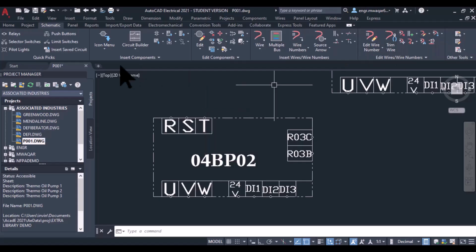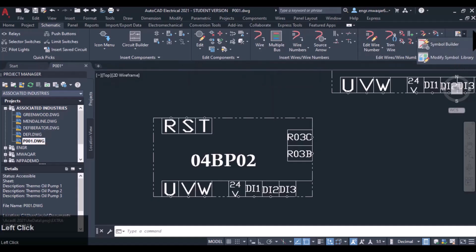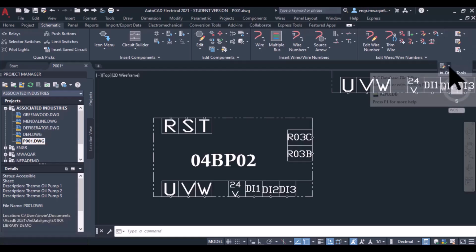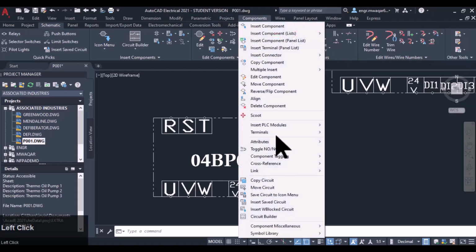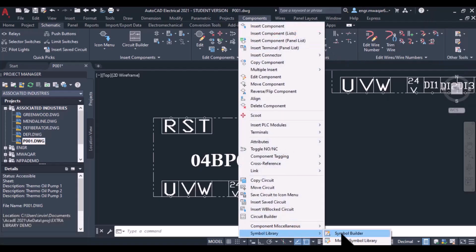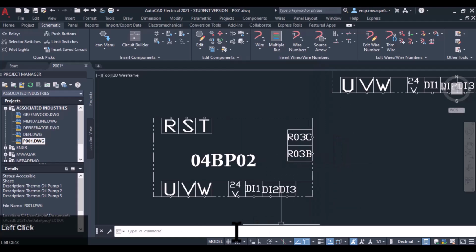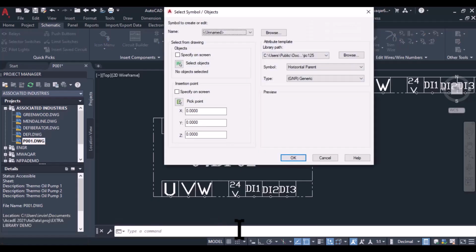You can see in the ribbon under other tools, you can pick symbol builder from here, or you can move here and select that symbol builder. Sorry, that's our symbol builder. And we can even insert the symbol builder from the symbol library and symbol builder. The next thing is we can write the symbol builder command in our command window,